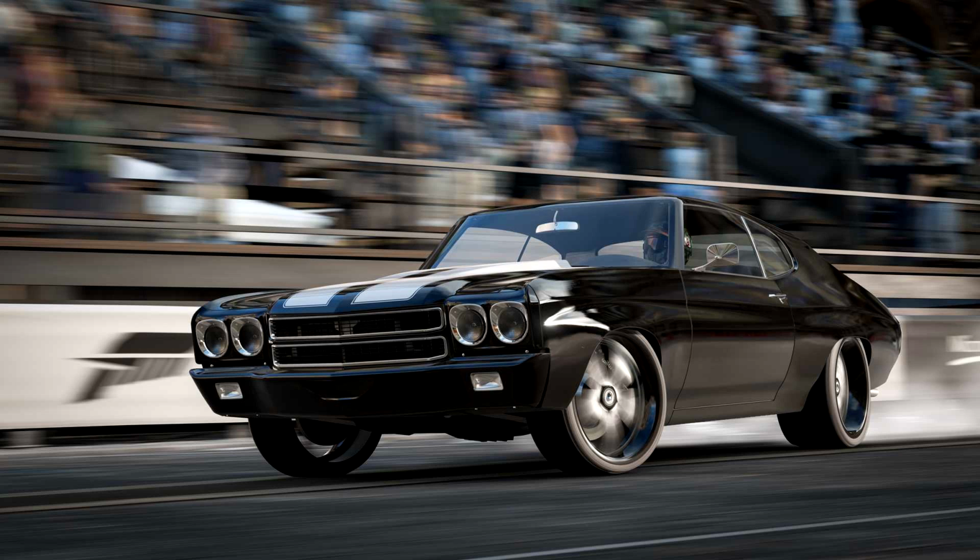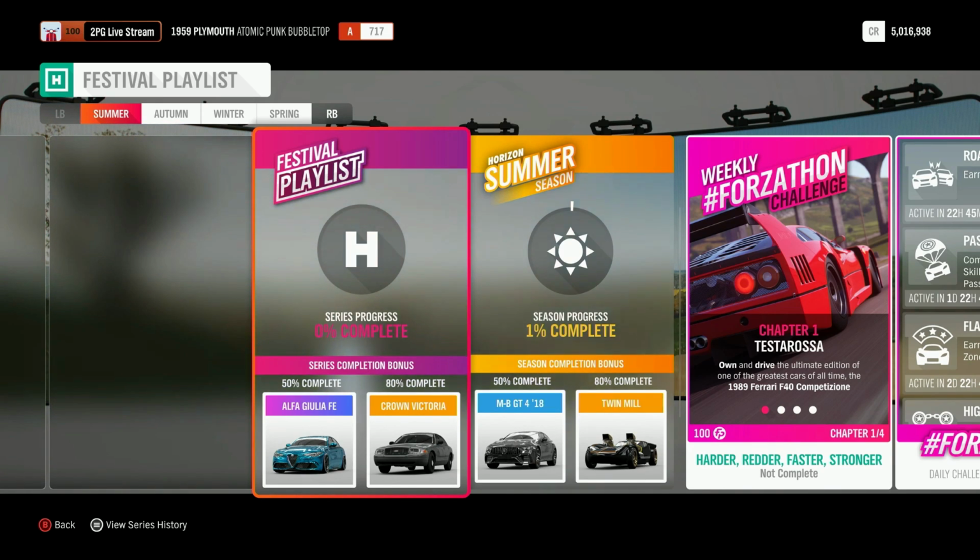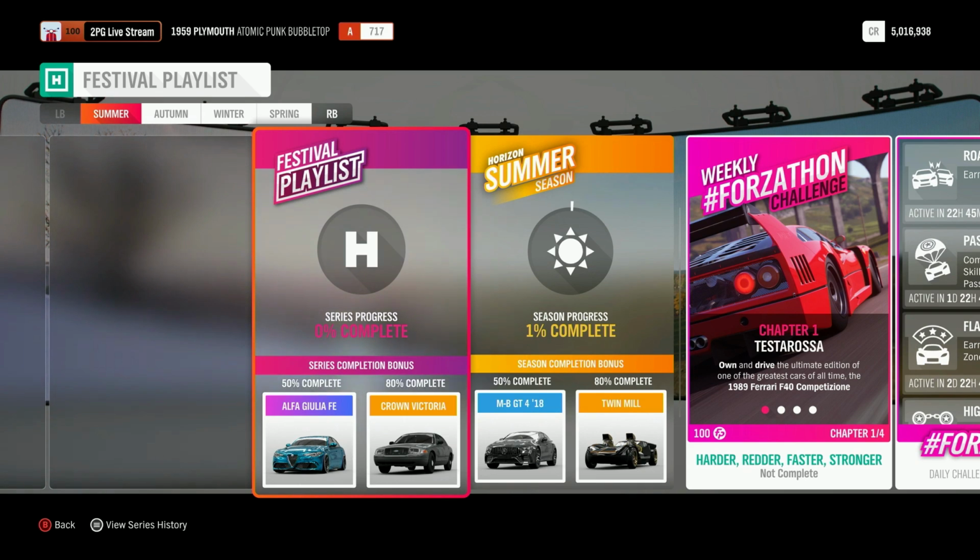Let's move right on to something I've been eager to see though, the new festival playlist for the month. Starting with the overall playlist rewards, at 50% we have a Forza Edition Alpha, which is a pretty great car, but not super rare, so this is an alright pick for me. At 80% however, we have the very coveted Ford Crown Vic. This is normally only a car you can win from wheel spins, so a lot of people should be happy